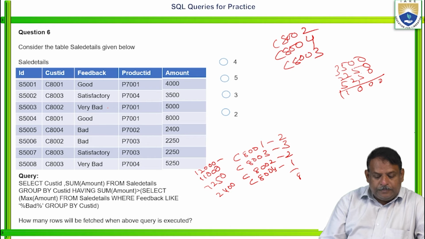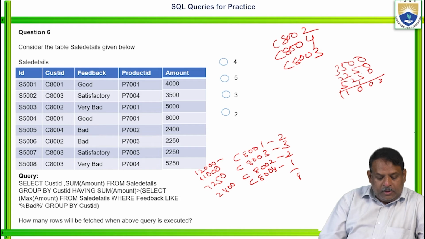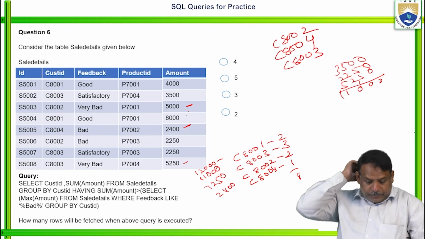C102 is there. C102 is there. C104 is there. Again 2 is there. 4 is there. Now here they are saying feedback like bad, group by customer ID. What is the maximum amount? Maximum amount of 802 is here. Here it is 5,000. Here it is 5,000. One is 2400. 3 is 5. The maximum 1000 is 8,000. So maximum is